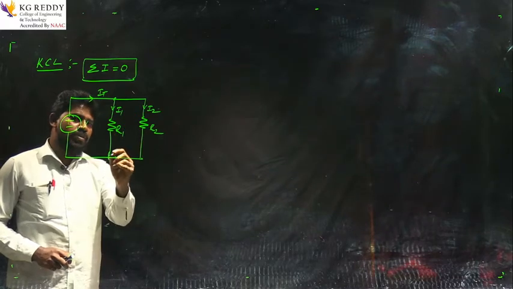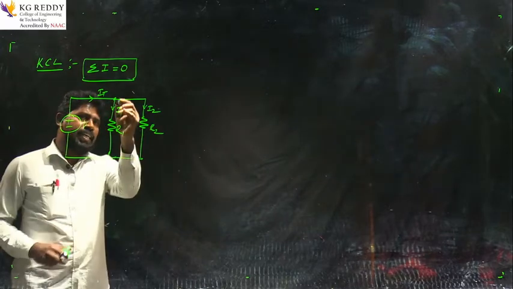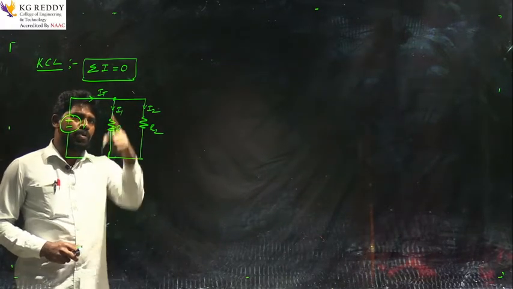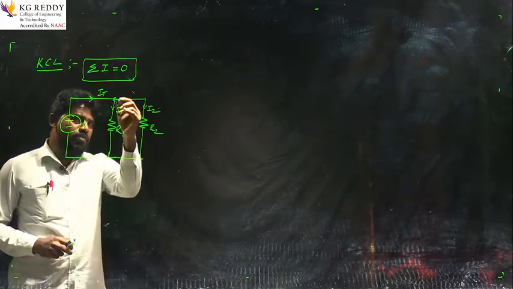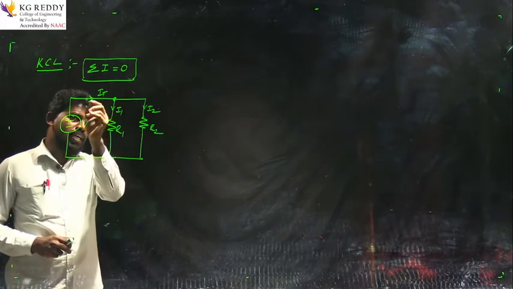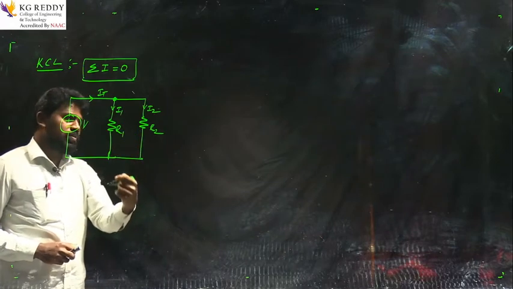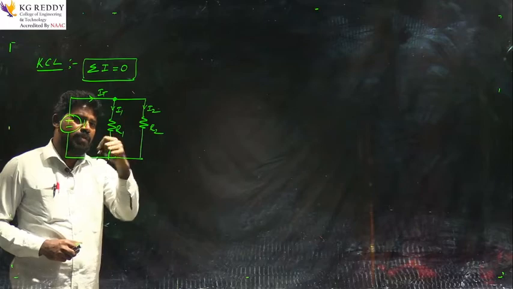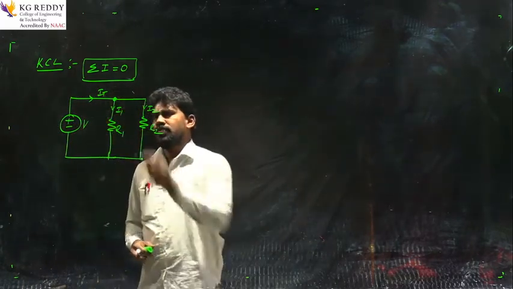What does Kirchhoff current law say? The algebraic sum of currents at any node or junction is equal to 0. By applying this law to this network, we observe the direction of the current, which is very important. The total current is towards the node, I1 is away from the node and I2 is also away from the node. I1 passes through R1 and I2 passes through R2.